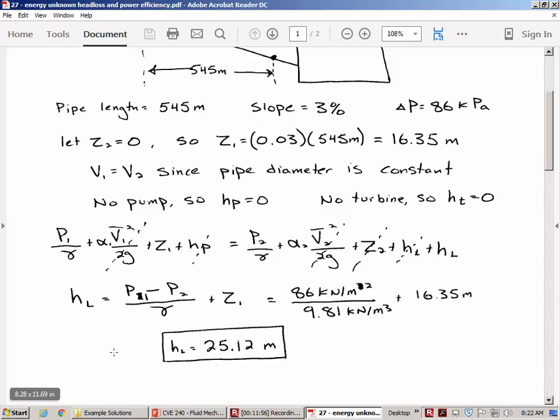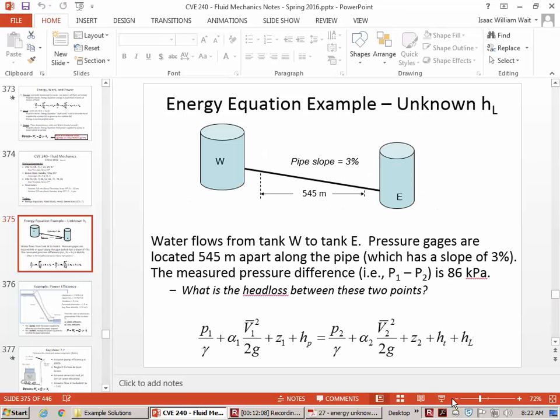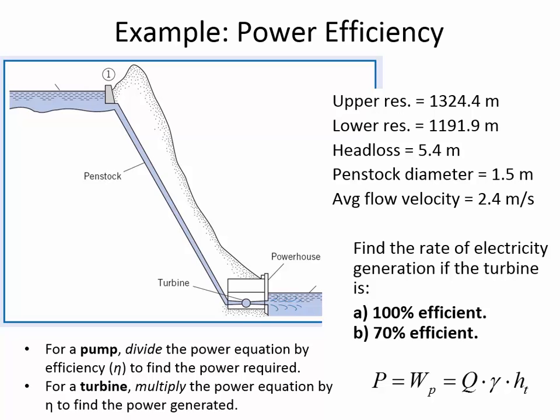So to rearrange it in terms of head loss, we get 25.12 meters of head loss. All right, so any questions about that example? All right. Well, let's talk about power. We discussed it briefly in the last class,